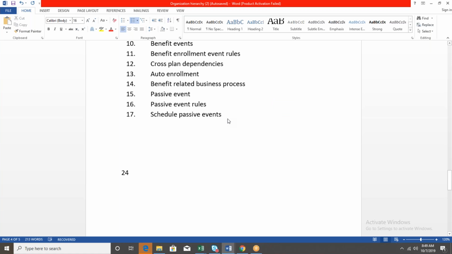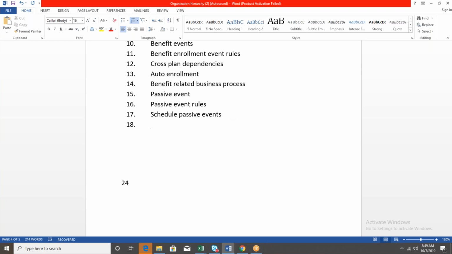This is simple, friends. How to assign a plan without any user intervention as per the eligibility rule or criteria. How to waive the plan without any user intervention as per the criteria. So for this, we have this requirement.